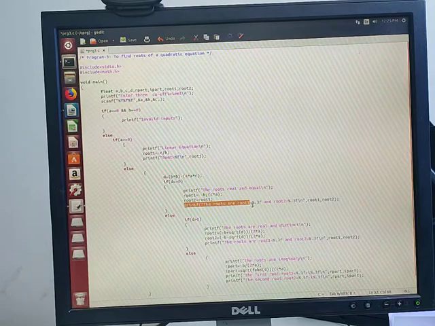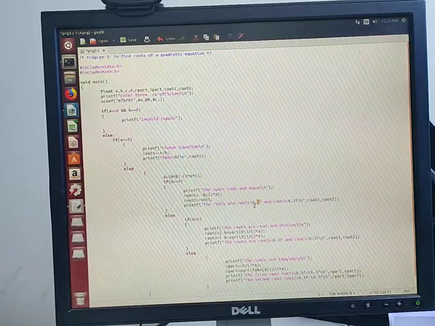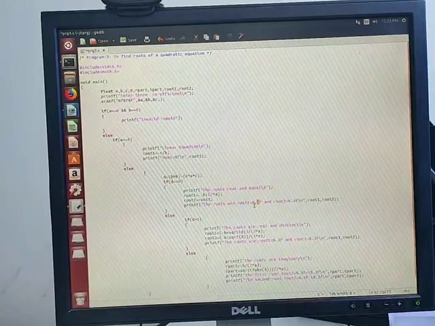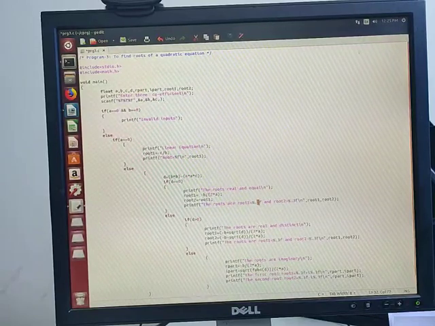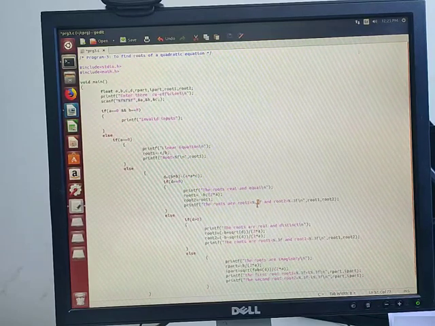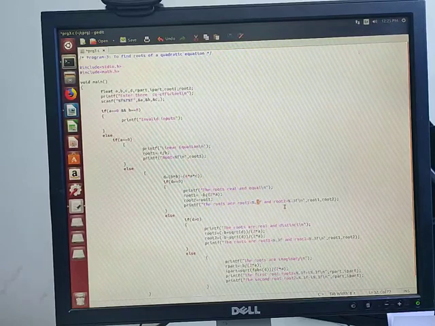Root 1 is equal to, percentage 0.3f. Why are you giving percentage 0.3f? Because you want only 3 places after the decimal point. You need not print 00000 something like that. So you can specify the digits after the decimal point. How many places do you want? If you want 3 places, you give 3. If you want only 2 places, you give 2. Likewise you need to do. Then root 2 is equal to percentage dot 3f, again here also. So you can limit the number of decimal places after the point.